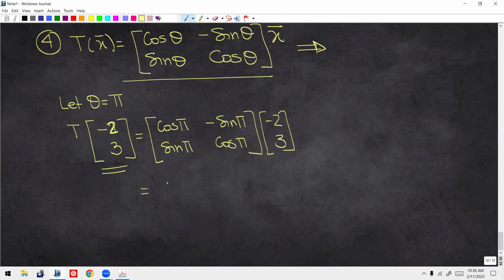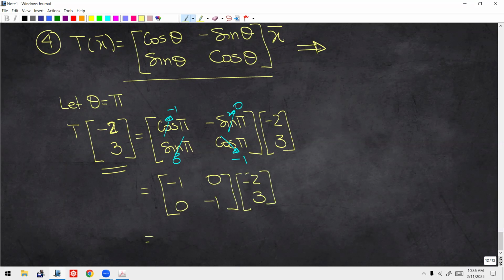So let's see what happens. If you know from your basic trig, cosine of pi is -1, sine of pi is 0, this is -1, this is 0. So in essence, we just have what? -1, 0, 0, -1, and we have negative 2, 3. So if I multiply these, I get row times column, so I get 2 and negative 3. Okay, so let's see visually what's going on with this. All right, so if you were to graph this,